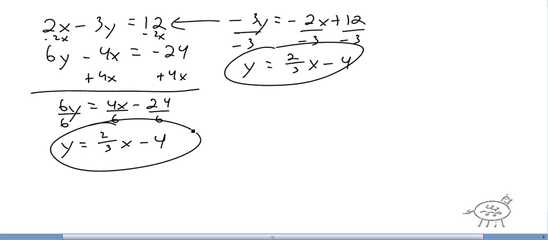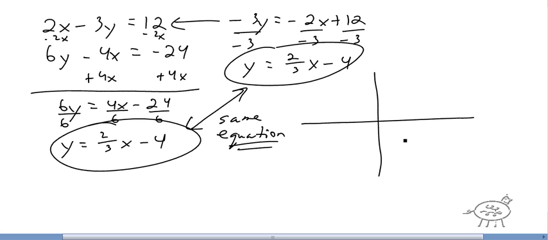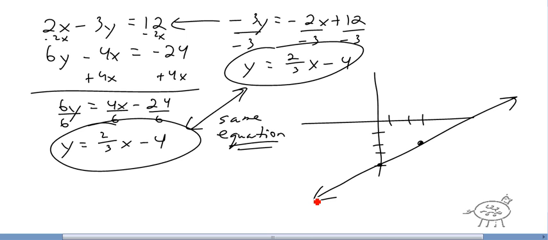In fact, these are the same equation. So what does that mean? If I graph this, it's down negative 4 and up 2 and over 3. If I graph that one and then graph this one,